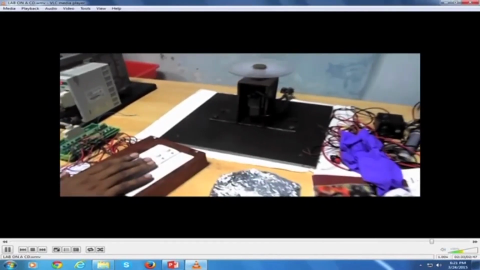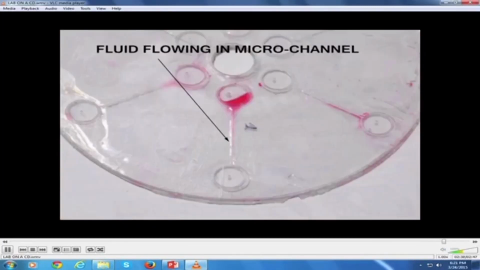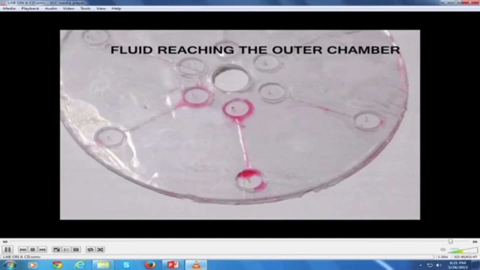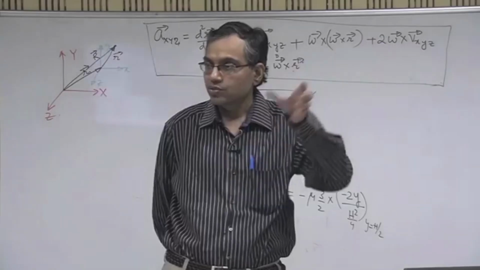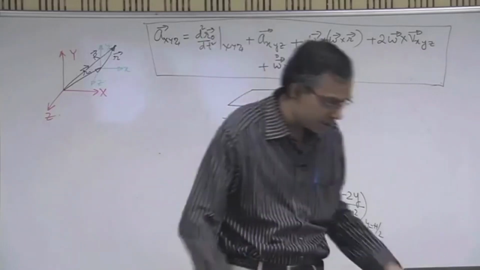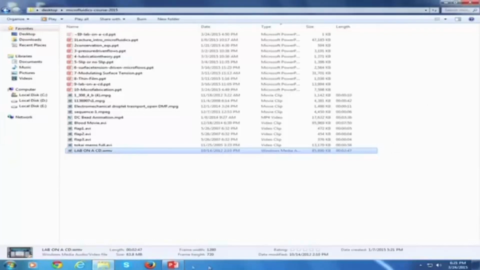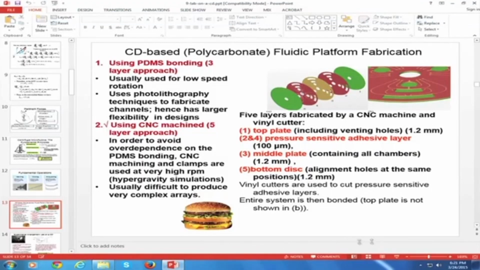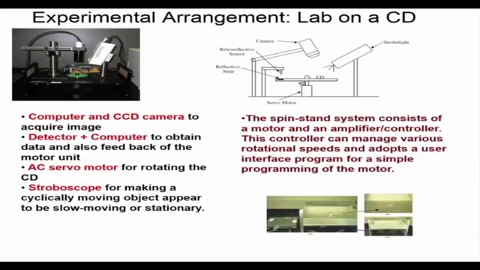So pretty simple basically. I mean, you can implement it, and then you can insert the fluid through a hole and fluid reaches the outer chamber. So that is how a capillary filling process can take place. So we will continue with this discussion. So the experimental arrangement, you can see there is a computer and CCD camera to acquire the image,